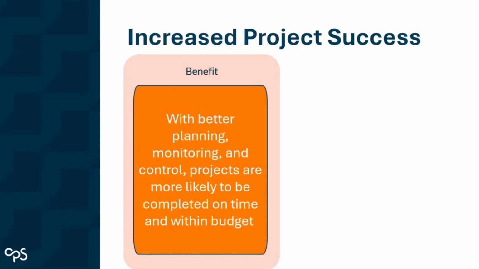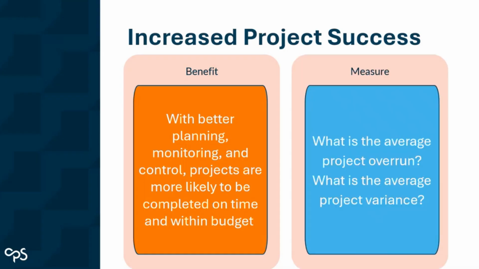If we don't have a consistent planning method, if we don't have a consistent monitoring method, we don't have information available to the organization on the progress of projects through time, then we are much more likely to be able to generate information that shows that we are improving with better planning and monitoring and control the outcomes of